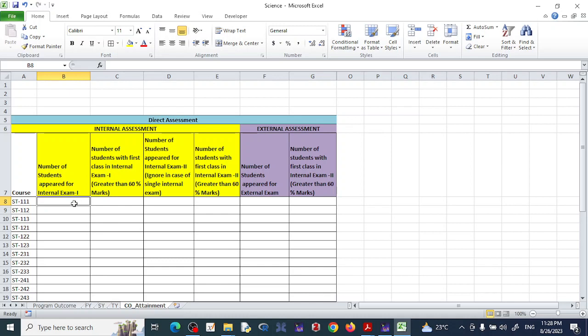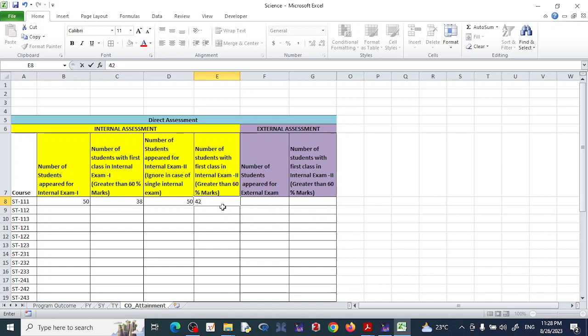So write down the details of the first internal test. Here in the first column we have to specify number of students appeared for first internal. Suppose there are 50 students appeared. In the second column we have to specify how many of these 50 students have scored more than 60%. Suppose out of 50 there are 38 students who scored more than 60%. If there was a second internal examination held, specify the number of students who appeared for the exam. Suppose again there are 50 students appeared for the second internal exam, and out of 50, 42 students